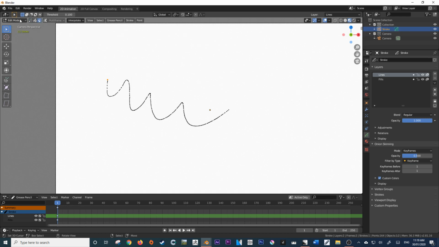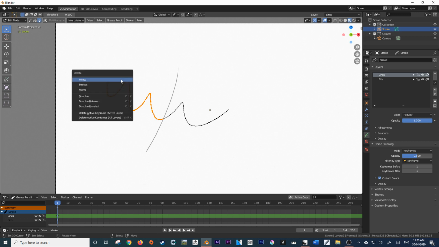So to give an example of this, let me just go into draw mode and quickly draw another stroke along this stroke here. And then let's go back into edit mode by coming up here to edit mode, select it, and let's see if that works. Voila, see, I've selected a point on this part of the stroke. Even though the stroke continues over here, it only goes to where the stroke is intersected. Now this is really useful, especially if you're drawing, for cleaning up your strokes. So if you've got an outlying stroke, just select this here, select all the points on the stroke, and press X to delete the points.